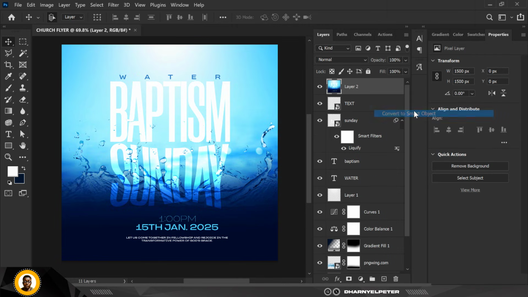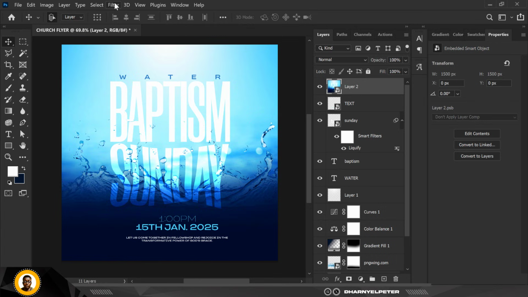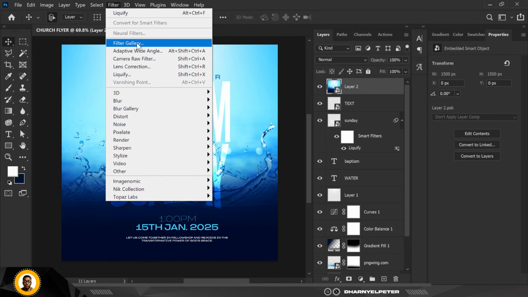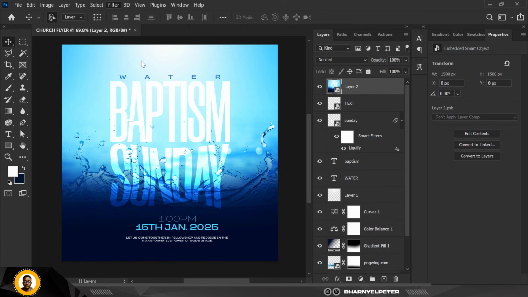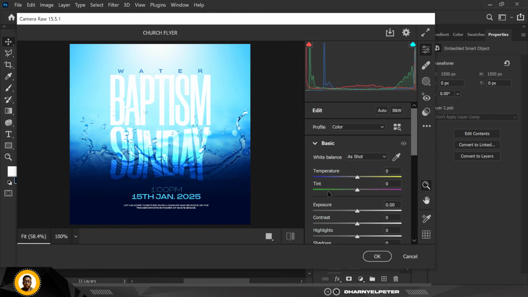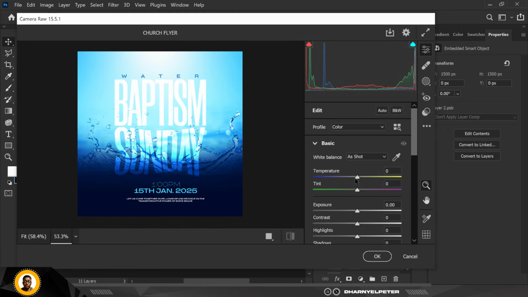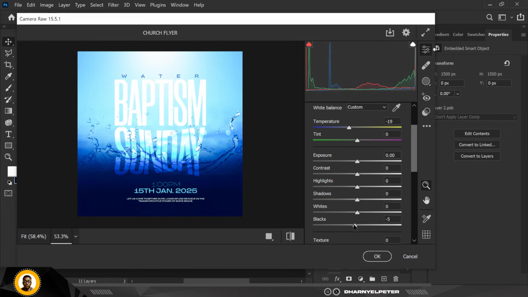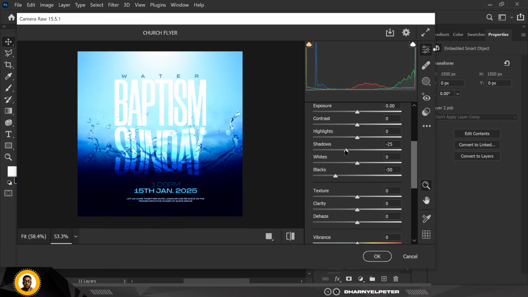Okay, make a snapshot of the layer, Ctrl Shift Alt and E like this, and go over to camera raw like this, and what you want to do is increase temperature like this, not too much, and add some blacks to it, and add some shadows also to it like this,